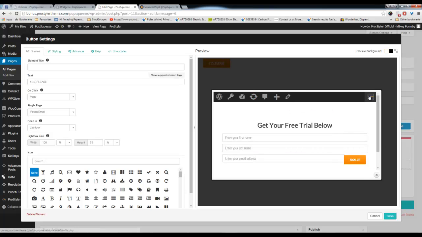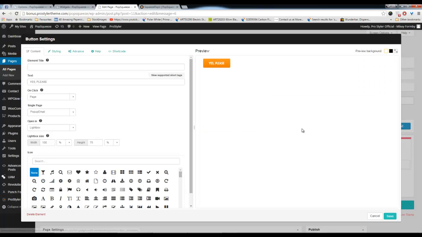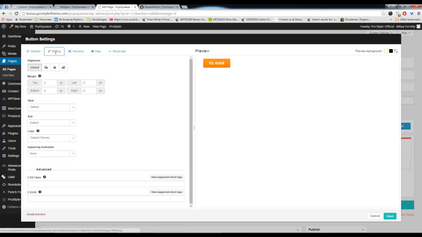Yeah. Now don't forget, it won't load any of this. So you won't have this bar or anything. It's just giving us it because I'm logged in as admin. So next I'm going to go to styling, and I'm going to center it,